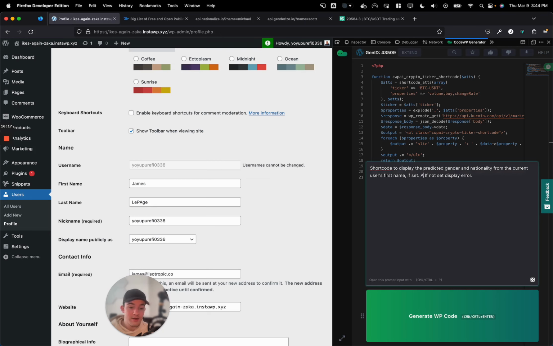We'll also add arguments to 1. So I'm going to do a list here. Lists are also pretty helpful. And 2, toggle the gender and nationality visibility. So we'll see. I'm going to let it kind of figure out that argument. Add arguments to 1 over